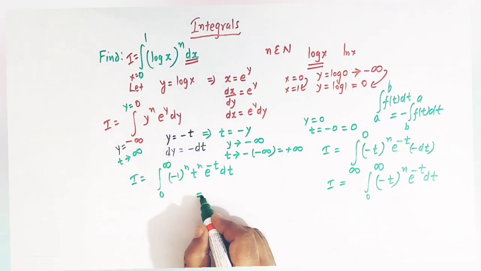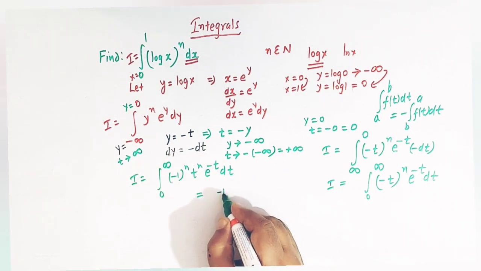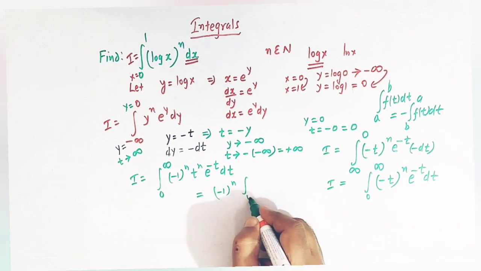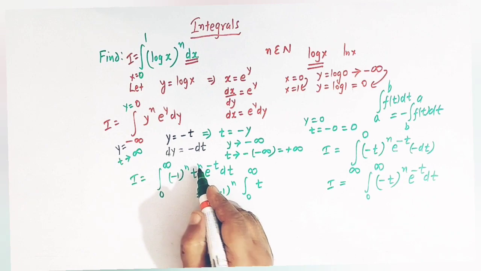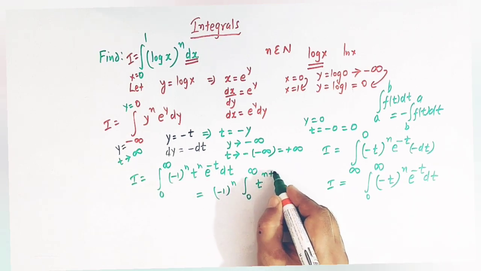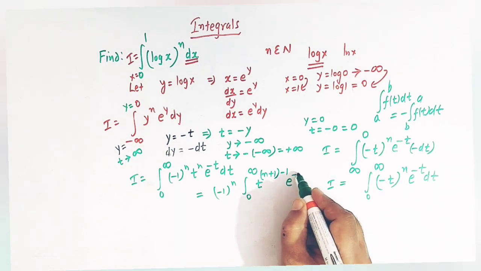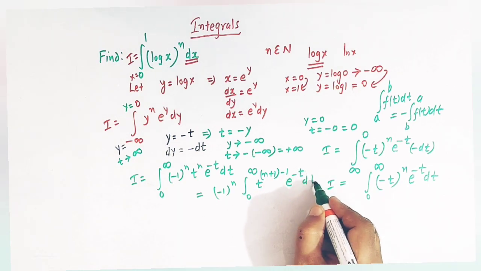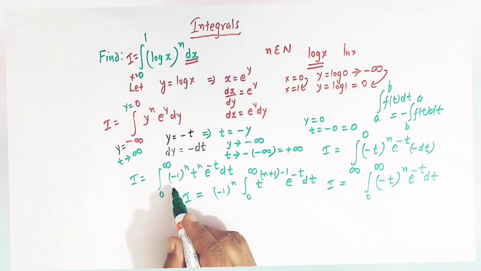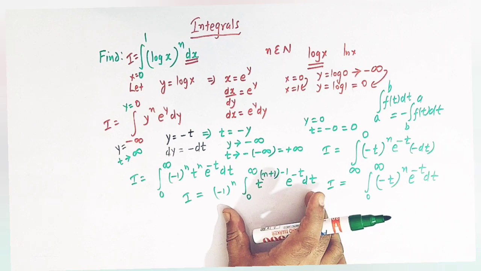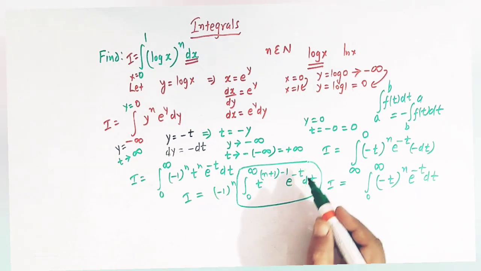So now we can take this minus 1 raised to n outside the integral, and then we can write 0 to infinity t raised to n can be written as n plus 1 minus 1, right? And here we have e raised to minus t dt, right? So now we have written this integral in this form, and we can easily see that this integral is gamma